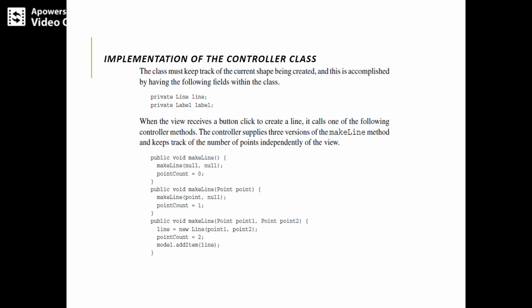Then getItem will be called, and for all elements updateView will be called. The getItem method is used by the controller to determine which item is selected. The views use the same method to render the items, so we take it as public Enumeration getItem and return itemList.elements. So this is the implementation of the model.